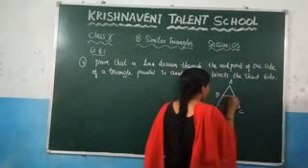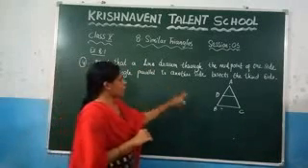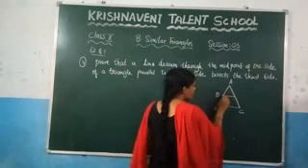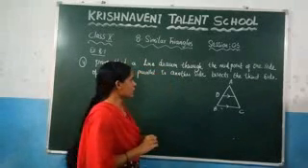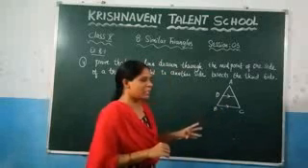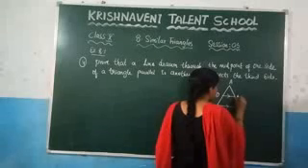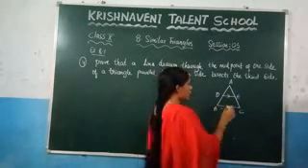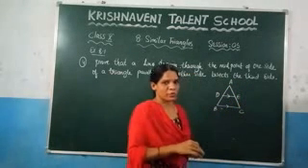So I have to draw one line, and after that what they have given, see it here, parallel to the other side. That line should be parallel to the other side. Clearly you can observe that this line is parallel to which side? Which is BC. Now what they are asking here, other side bisects the third side. What we need to prove here? You need to prove here this side. Here let us mark this as E. That means you need to prove here AE is equal to EC. That means E is the point that is bisecting AC into two equal parts. So that we need to prove it here.